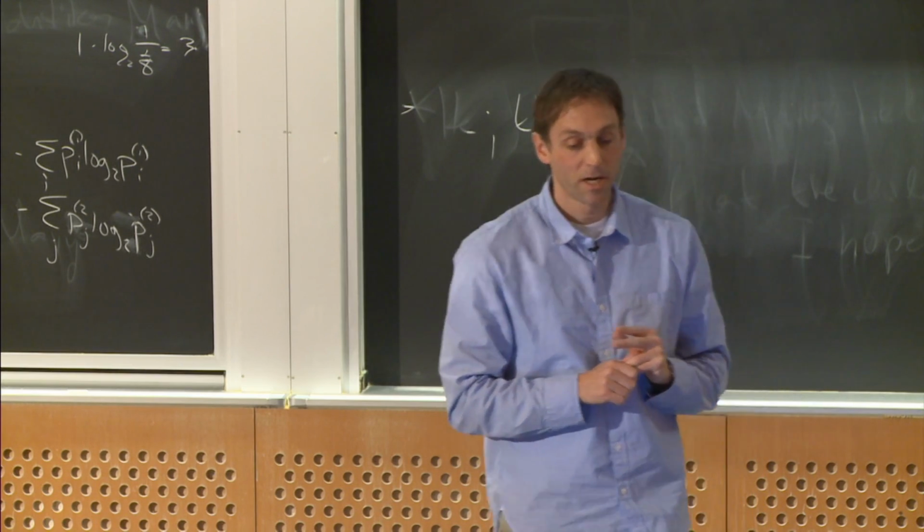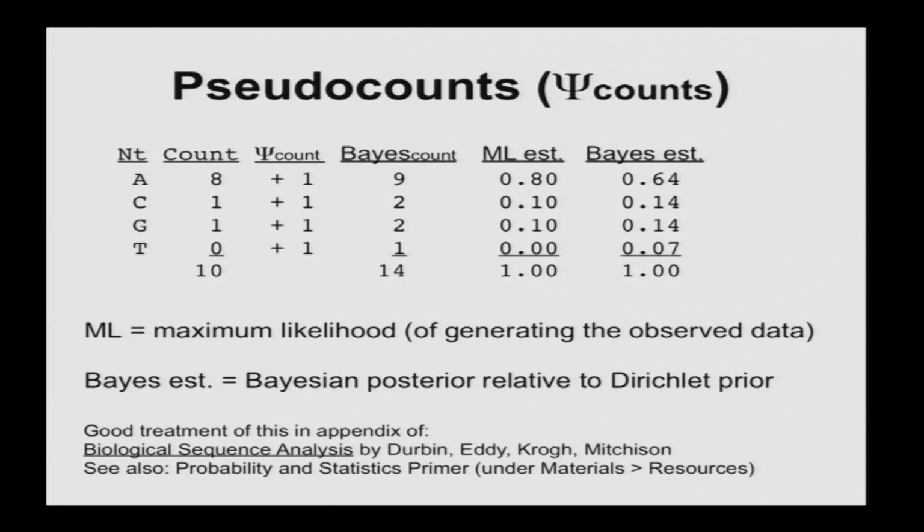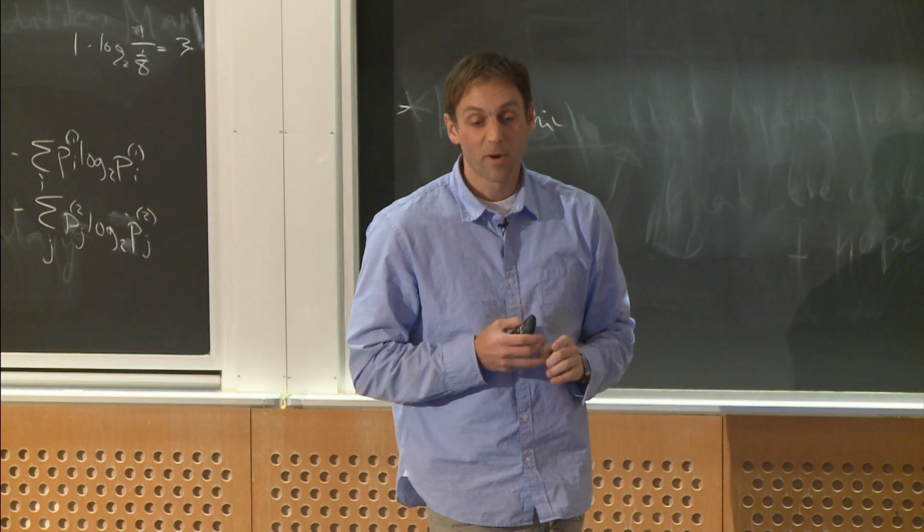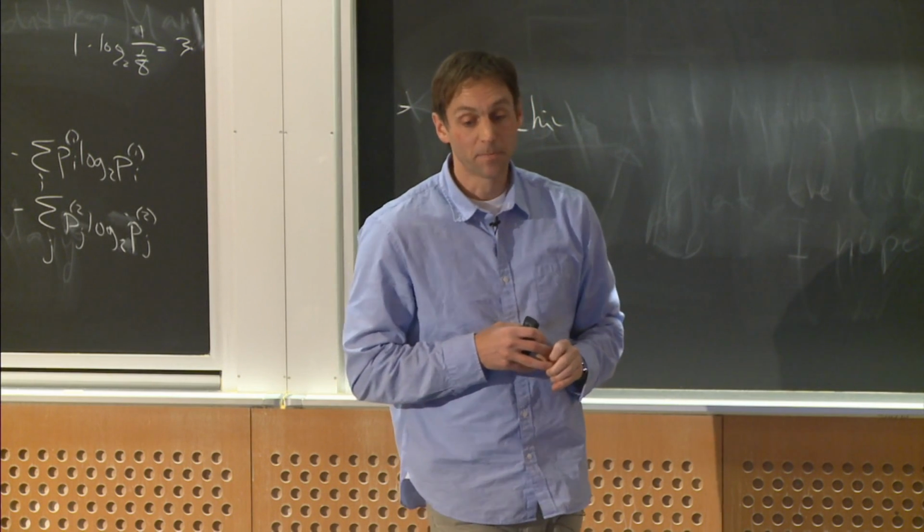And there's also a derivation of this in the Probability and Statistics primer. So basically, you just do this posterior calculation, and it turns out to be equivalent to adding one count. So when you add one count, and then, of course, you renormalize, then you get a frequency. What effectively it does is it will reduce the frequency of things that you observe most commonly and boost up the things that you don't see, so that you'll actually end up assigning a probability of 0.07 to t.